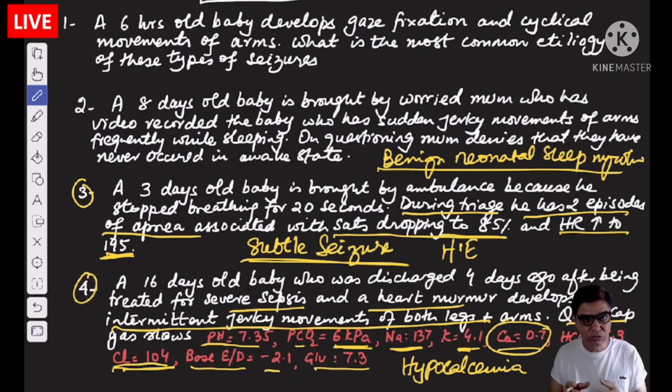But if I ask you the underlying reason, so if you see he has got hypocalcemia, low calcium, he's got a heart murmur, and he was treated for severe sepsis. So probably he has got a congenital heart condition, he has got some immunodeficiency, and he's got a hypocalcemia. And if I combine these three together, this becomes a classical case of DiGeorge syndrome. So this baby probably has got DiGeorge syndrome,